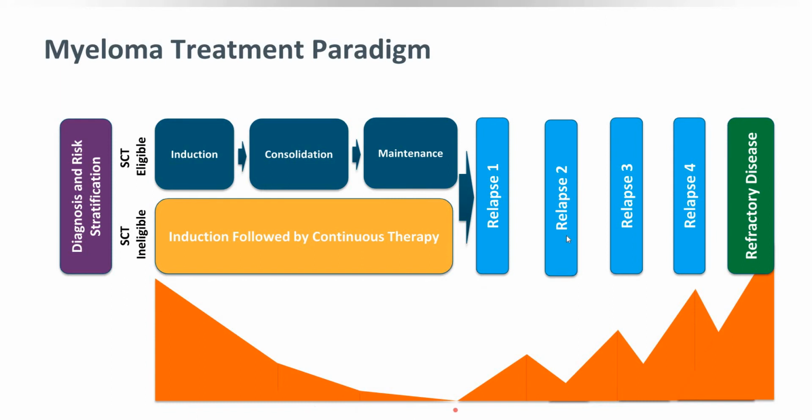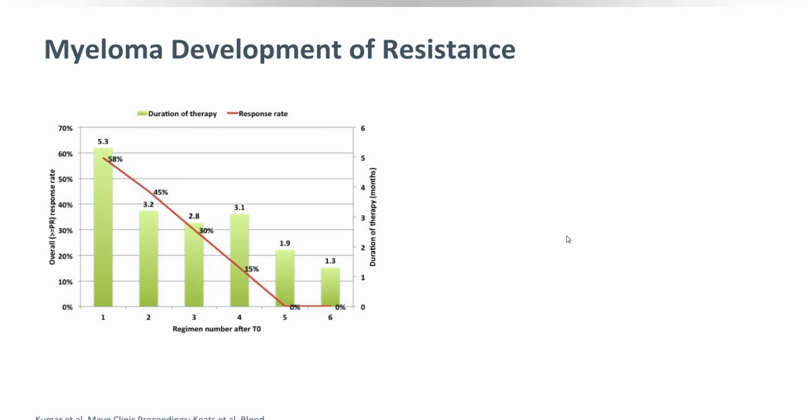that it is bound to have relapses at some point of time. Relapse 1, then give some treatment, goes into remission or partial remission response. Relapse 2, then relapse 3, relapse 4, and so on. So at the end there is a refractory disease. So this is the natural history of multiple myeloma patients. It means definitely they are found to have some resistance at some point of time.